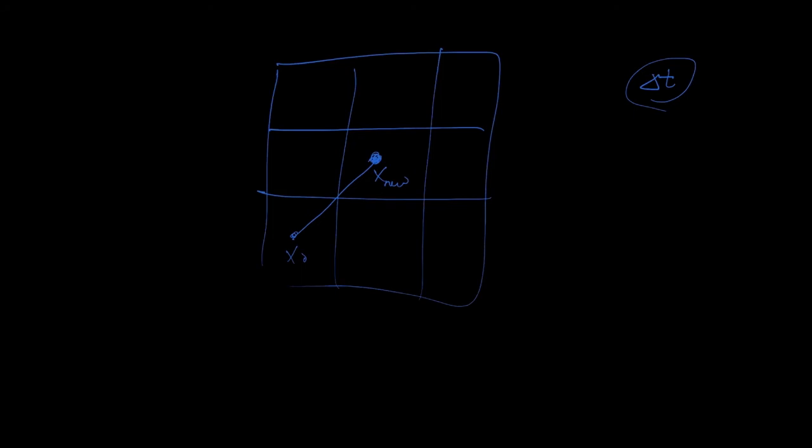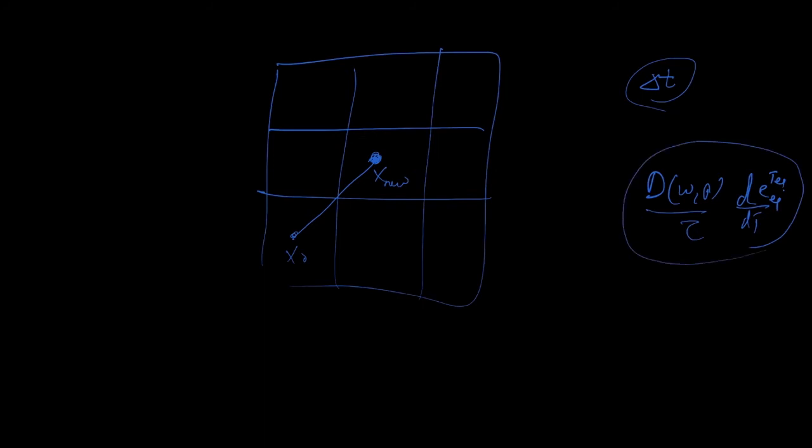Once the particle is going through three-phonon scattering, we have to draw the new particle from a new distribution. That's why we found our expression. After scattering, it would be emitted from the distribution with omega, p divided by tau, d e by d t, but at the equilibrium temperature. So we could draw the particle from here, and we don't need to know about any other particle. From this distribution, we would draw the new particle. And of course, once we know the new particle, its polarization, frequency, and everything, it would start propagating. So the new particle would be generated here. Maybe it would start going in this direction.